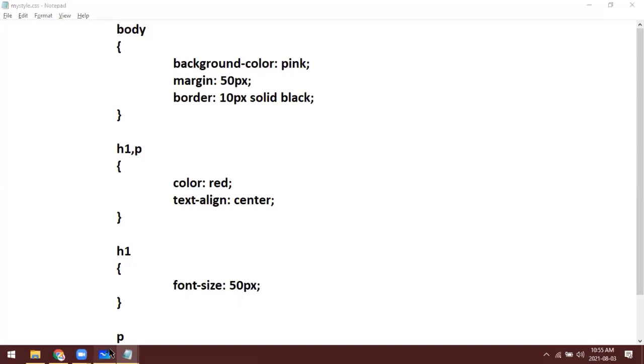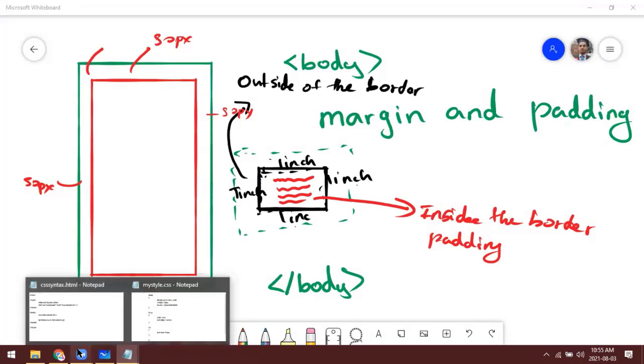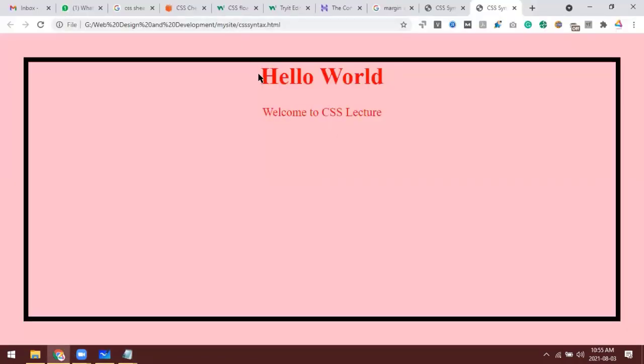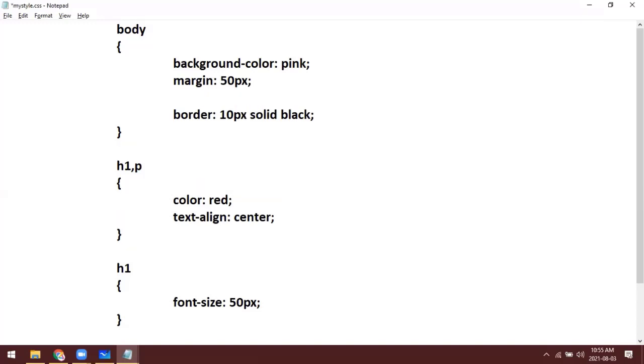Now let's come to the padding part. Padding is, remember I told, inside the border. Even if we don't want the text to appear immediately next to the border, if you want some more space inside the border, you can use the padding.